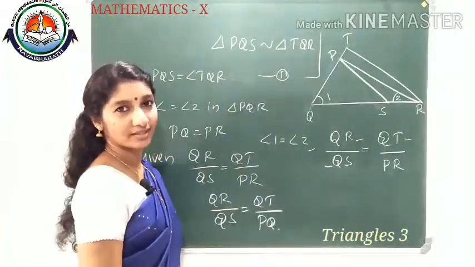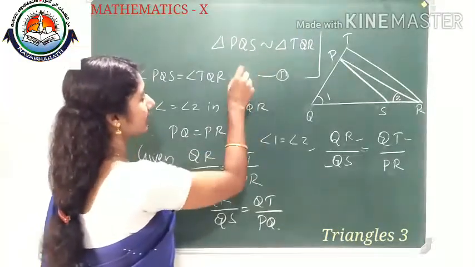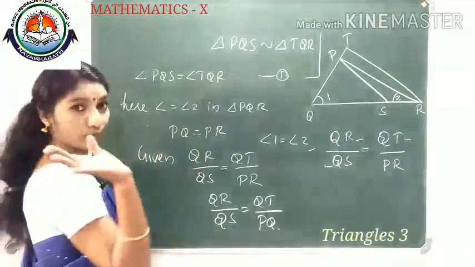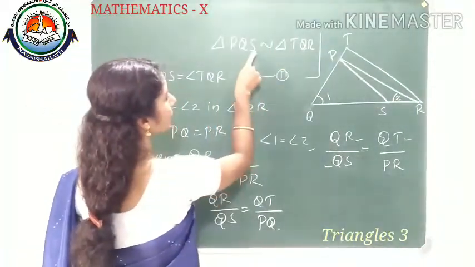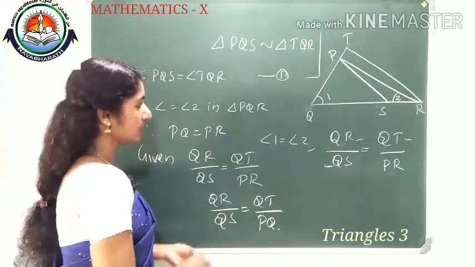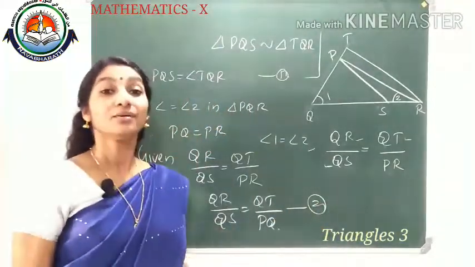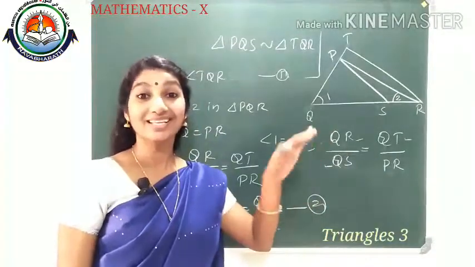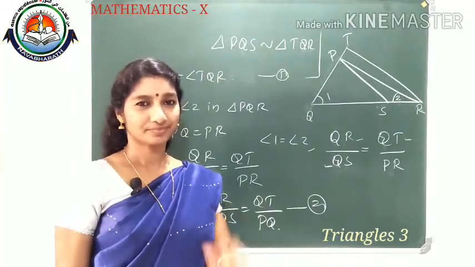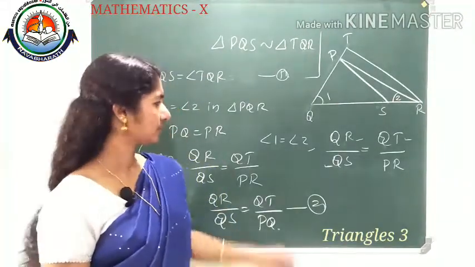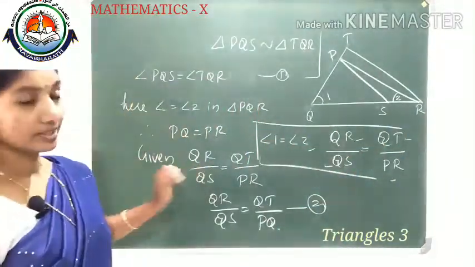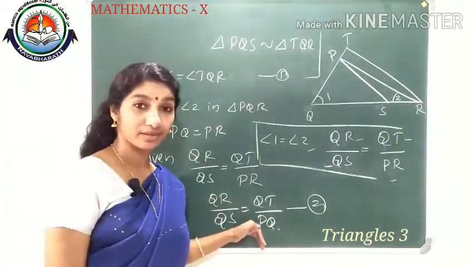QR by QS is equal to TQ, that is QT by PQ. So the information is ready. Okay, see the name. So what we can say now, angle Q equal to angle Q common we wrote, PQS equal to TQR common we got, plus QR by QS is equal to TQ by PQ also we got. So put it as equation number 2. So from 1 and 2, by SAS criterion, PQS is similar to TQR. Got it? Very easily we found, I think. Only a few steps. These all are given in the question. Just go through it one more time and see is it okay for you.